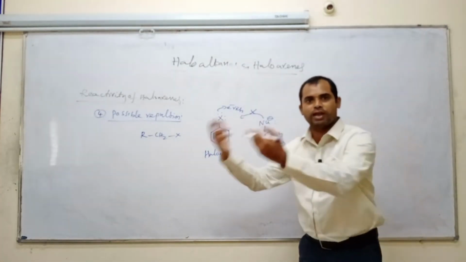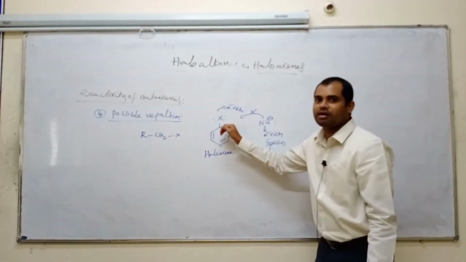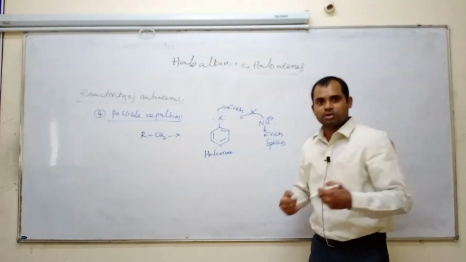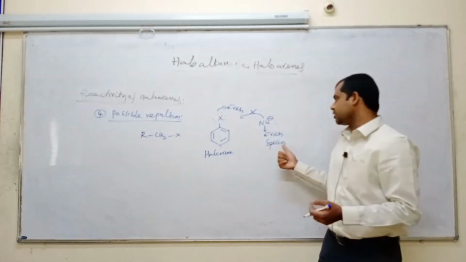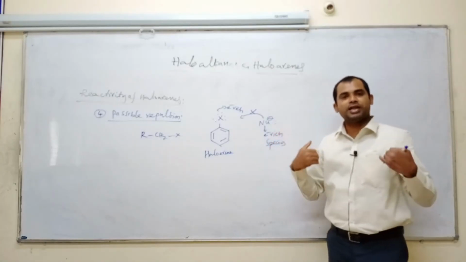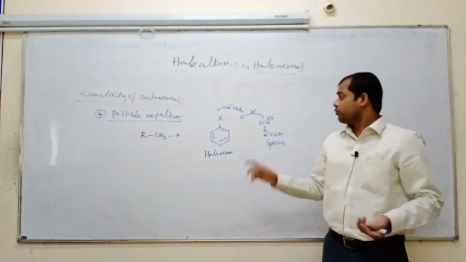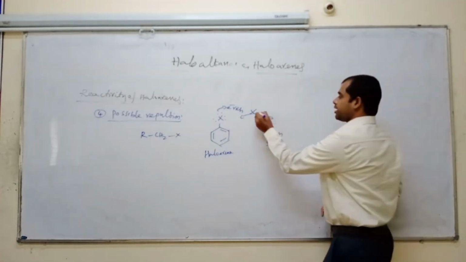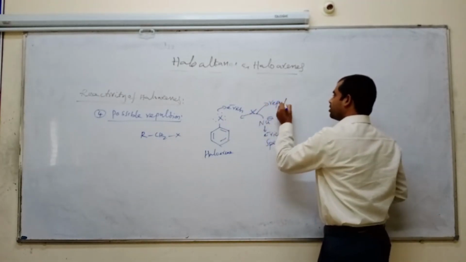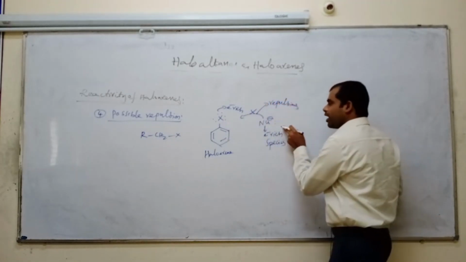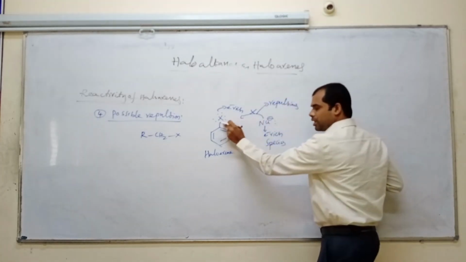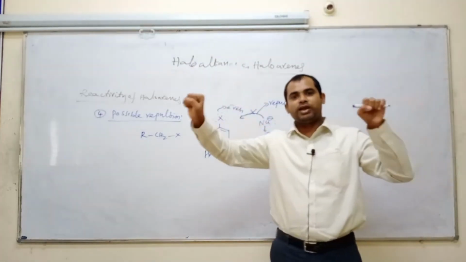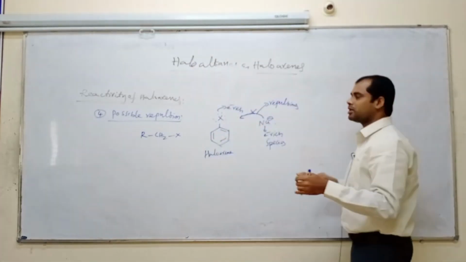Electron rich species are ready to donate to an electron deficient compound. Once the nucleophile attacks the haloarene, repulsion takes place. Why does repulsion take place? Because both are electron rich species. The nucleophile is also an electron rich species, and the haloarene has more electrons too. Once the nucleophile attacks the haloarene, there is a repulsion between the electron rich species and the electron attacking reagent.